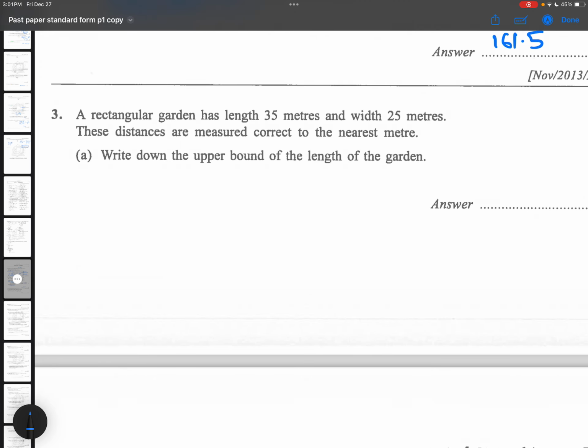Question number 3 says a rectangular garden has length 35 meters and width 25 meters. These distances are measured correct to the nearest meter. Part A says write down the upper bound of the length of the garden. So the upper bound for the length will be, they are correct to the nearest meter, so to get the upper bound,